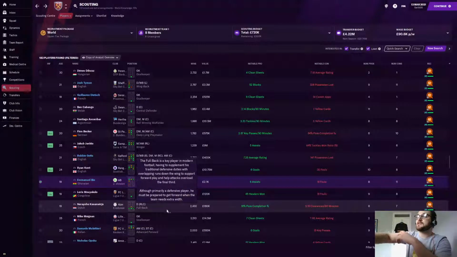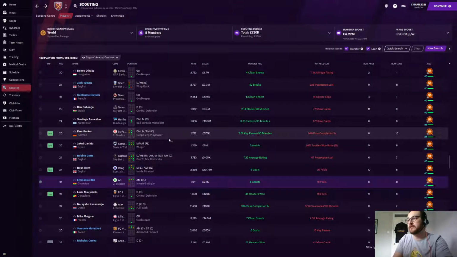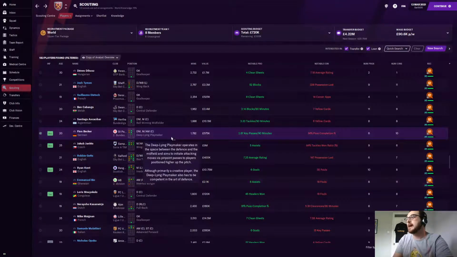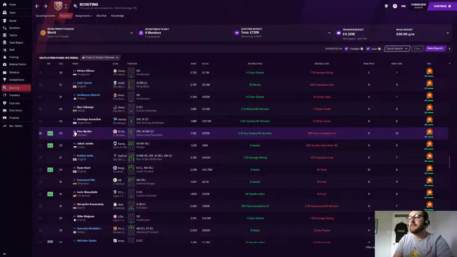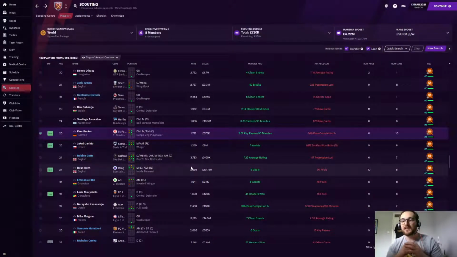The best thing about it showing the notable pros are, say, you're looking for a young player who is going to create an awful lot of chances for your team, and you're looking through and you find this guy, Finn Becker. Attribute wise, decent for a 20-year-old German, under 21 international at that as well, playing for St. Pauli. Look, he's wanted by Leipzig and Leverkusen,